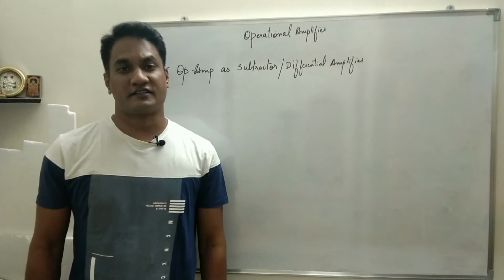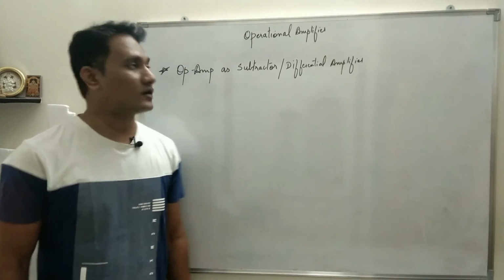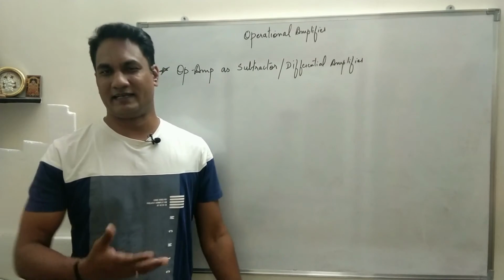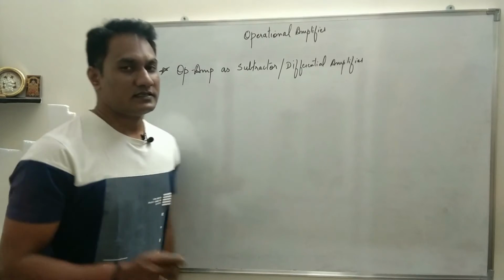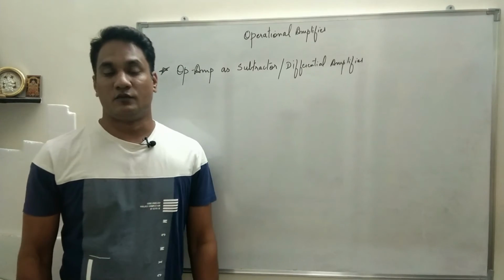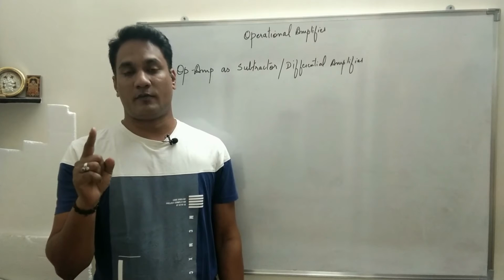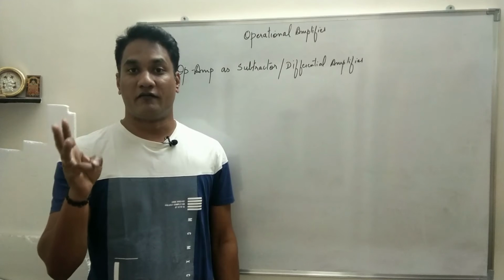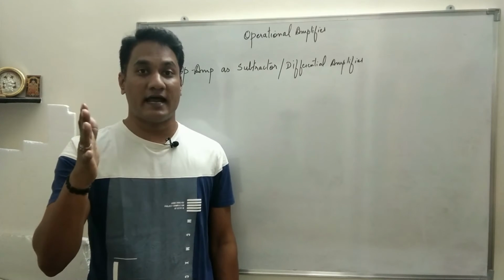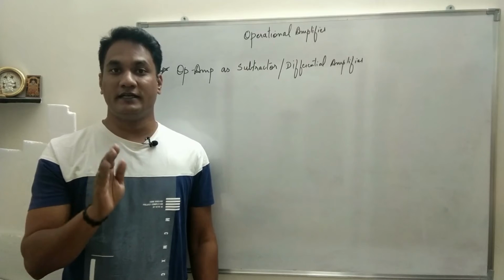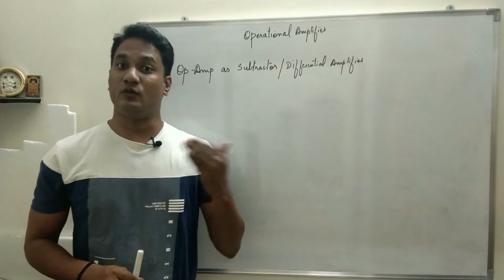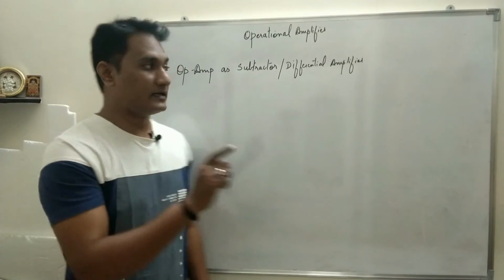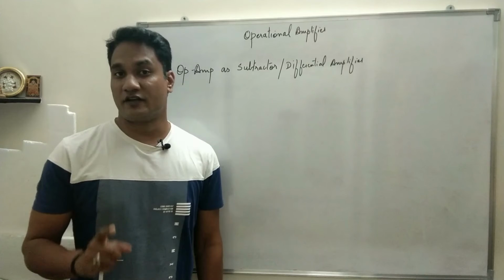Hello students, the next application which we will try to understand is op amp as subtractor, or it can be used as a differential amplifier. I'll explain what exactly it means. See, in all the previous examples, what we did is op amp as inverting amplifier, op amp as non-inverting amplifier, op amp as buffer, op amp as sign changer, op amp as adder. In all these applications, we connected the op amp either in inverting mode or in non-inverting mode. This is the only application, op amp as subtractor or differential amplifier.